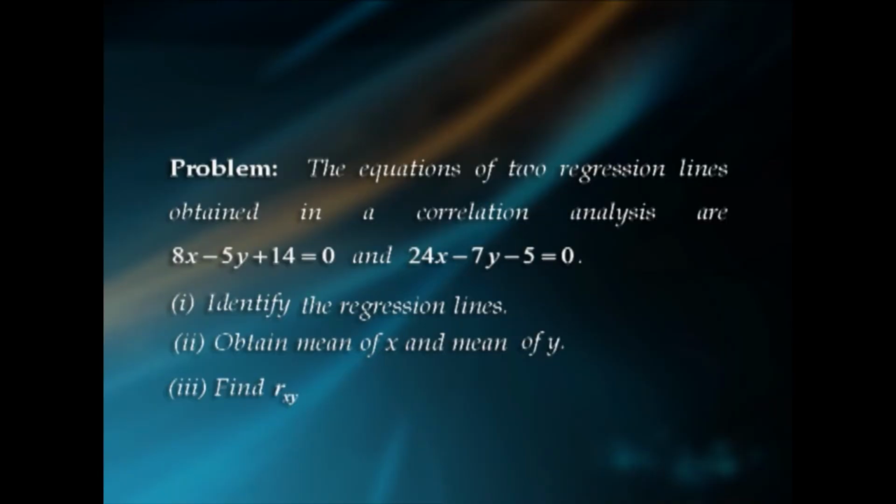Problem. The equations of two regression lines obtained in a correlation analysis are 8x minus 5y plus 14 equal to 0 and 24x minus 7y minus 5 equal to 0. Number 1, identify the regression lines. Number 2, obtain mean of x and mean of y. Number 3, find rxy. Solution. Number 1, let us assume the first line 8x minus 5y plus 14 equal to 0